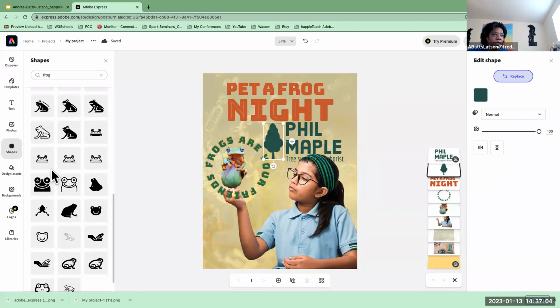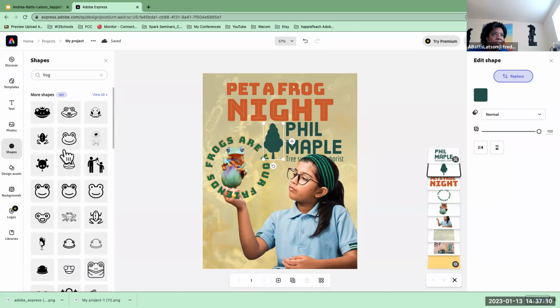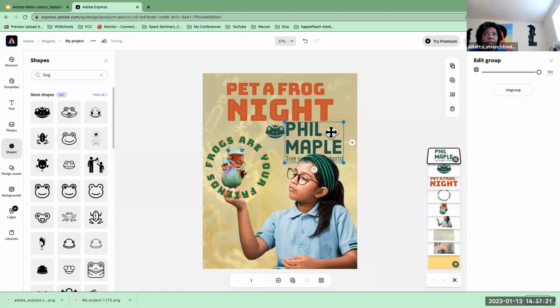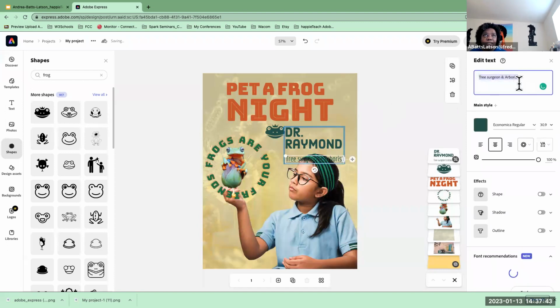Let's see. Look at maybe the frog face. I don't know. Which one do you guys like? Maybe the frog with the crown, since we keep getting hit with that crown all the time. All right, so we got this frog with the crown. And then what we can do is we're gonna click in here. And instead of this saying, okay, so we'll say, Dr. Don't ask me where I start naming stuff from, but Raymond's, Dr. Raymond, and then down here, I'll put presents,